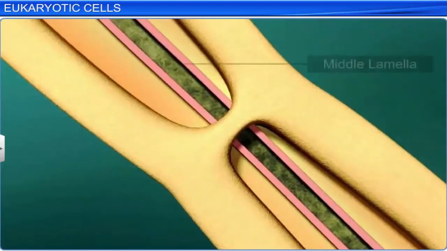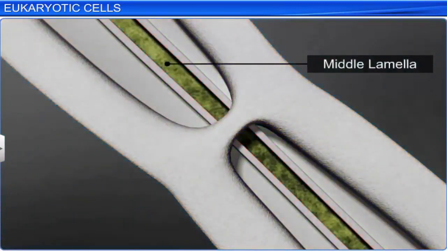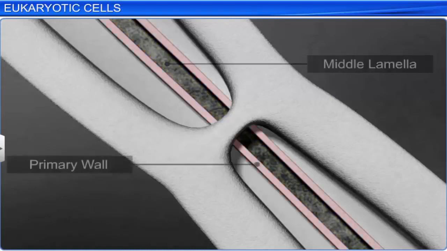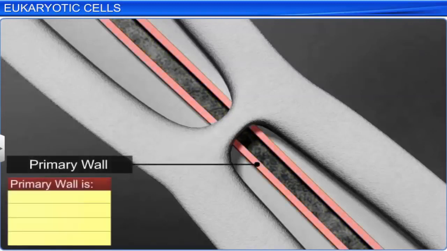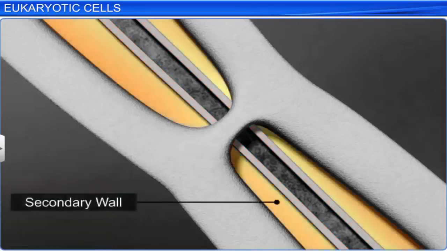The middle lamella, mainly made of calcium pectate, lies between neighboring cells and glues the cells together. The primary wall is the first formed wall that develops when the cell is growing. It is thin, elastic and extensible. However, its growth capability diminishes as the cell matures. The secondary cell wall develops after the cell has matured. It is formed on the inner side of the cell and faces the plasma membrane.